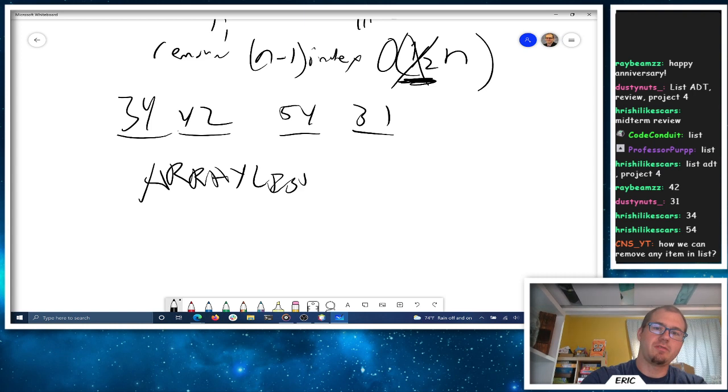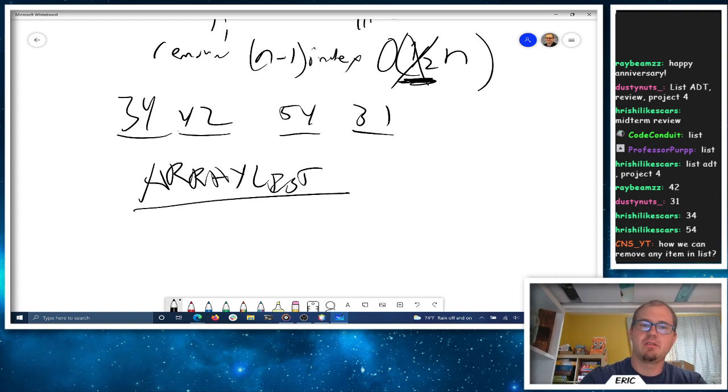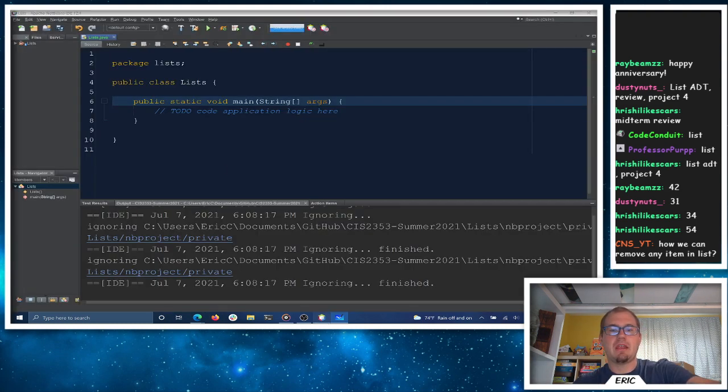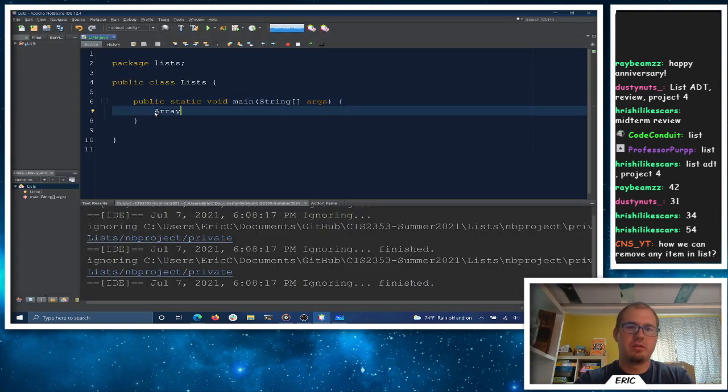Our array list. We're not going to write our own array list, the one that we've used, because array lists are much easier than basic arrays because they're resizable. You can always add to the end. You can just keep adding. So if we look at an array list of type integer, my numbers equals a new array list